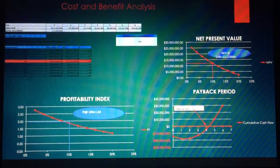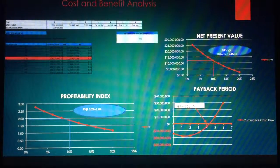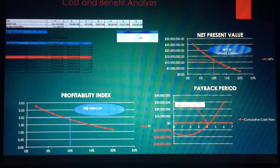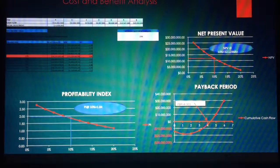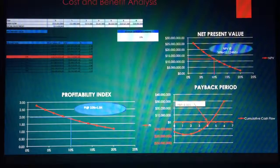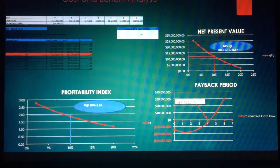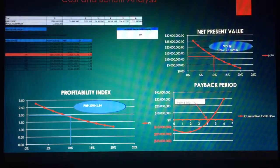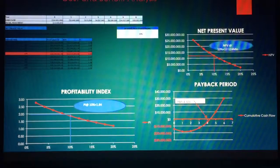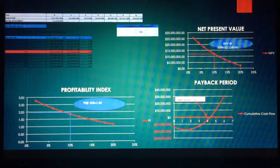Now, cost and benefit analysis. Payback period in relation to cost and benefit analysis. The payback period relates the total time required to recover the funds that were invested by the business. In this case, the company has invested $14,400,000 in the beginning, and now it has cash flow of $3,440,500 in the first year,